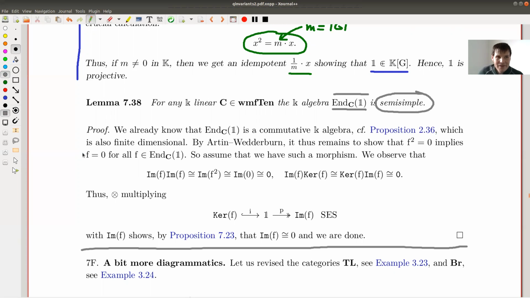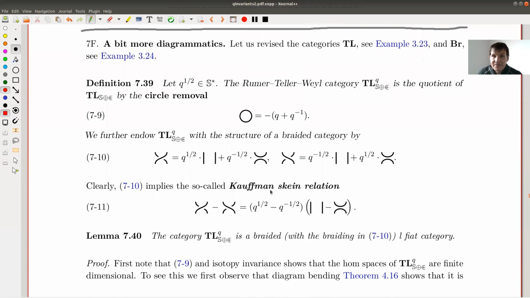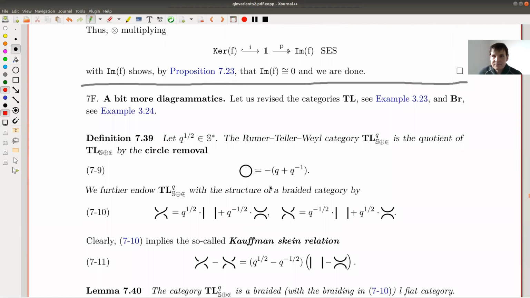But let's do some more diagrammatics, right? This was a lot of algebra and abstract nonsense, and you need to read it anyway because there are a lot of little subscripts, like weakly, locally finite versus finite, rigid versus pivotal, blah blah blah. But the main point is there are two different notions of elements, and we really need to distinguish them. There's just no way around it. Only in the semi-simple case they agree, and semi-simple means we are working in vector spaces in one way or the other. Anyway, let's revise Temperley-Lieb.